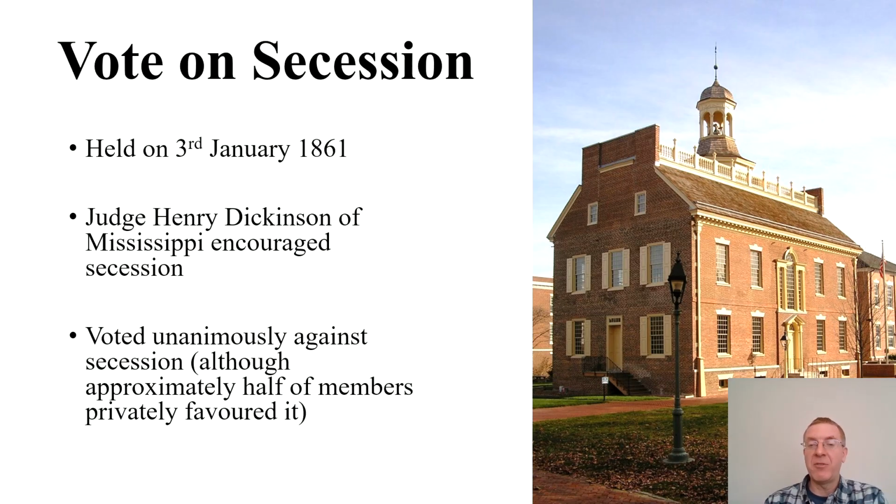Unanimous. Now that is very different from some of the early votes that we saw. You'll remember that Virginia, for example, and also Tennessee and also North Carolina had all had secession conventions before the Fort Sumter attack, and they had all voted to remain in the Union. However, there was a sharp division in those three states. There were a lot of people in all three of those states who did vote for secession, who are members of their states' legislative branches. So it's very different with Delaware. It's unanimous in favor of staying in the Union.